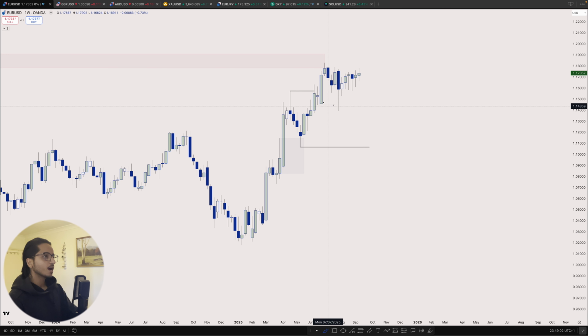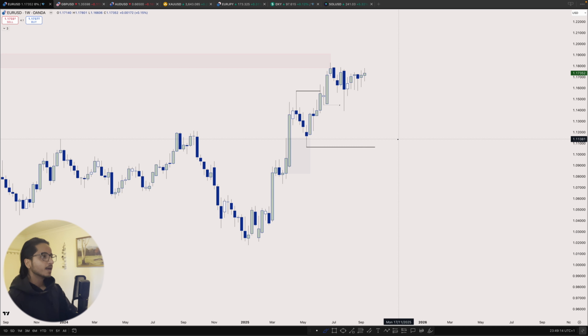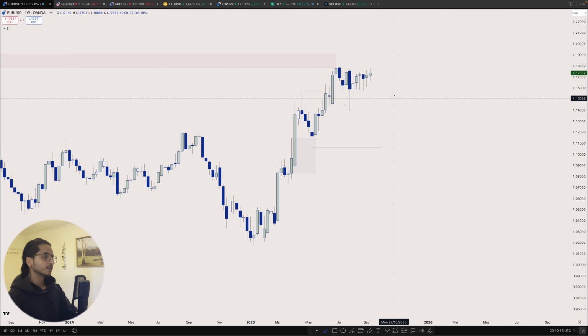For example, here after we swept enough sell-side liquidities from this leg into the discount, mitigating some kind of demand over there, now it's probably ready to run the week high, okay? Because we're coming from such an impulsive leg, I'm not expecting a deep pullback until and unless the market is showing me. And with this kind of hammer candle last month, what do we have? We have been pretty much choppy.